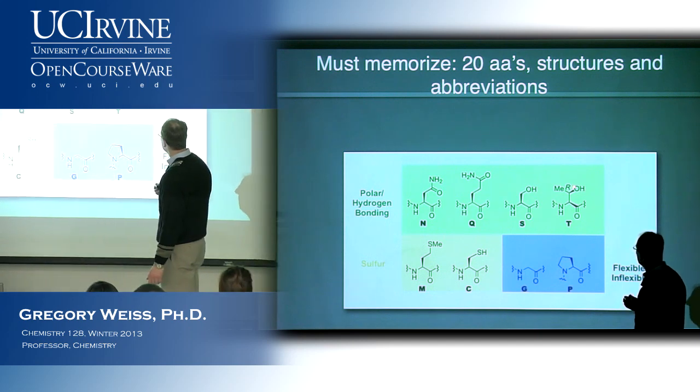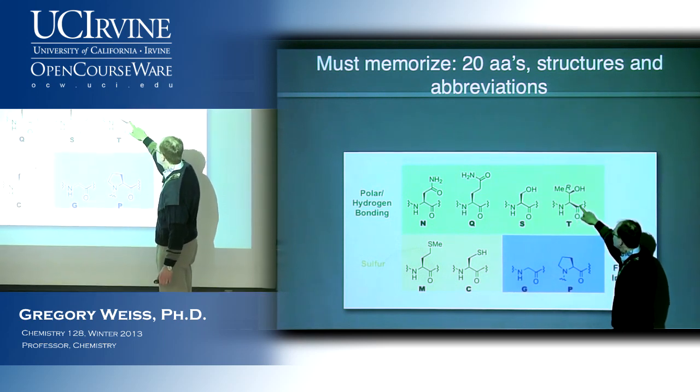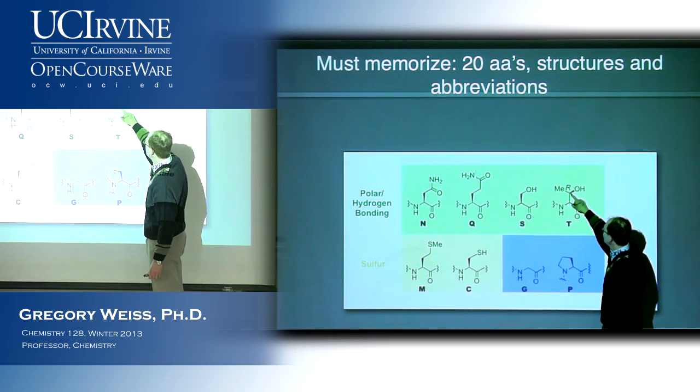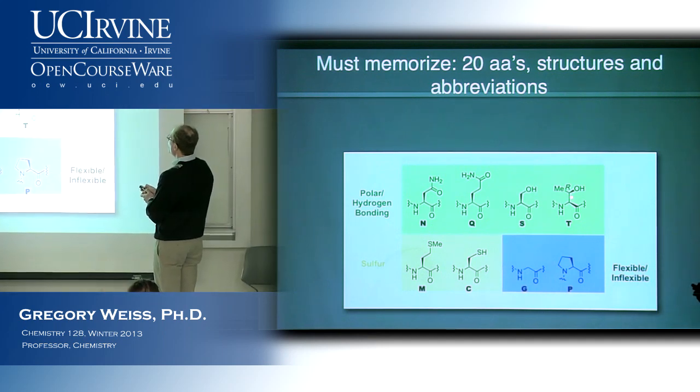Some of these, two of these in fact, have a second stereocenter at the beta carbon. Notice that we're going to be calling the carbon that's alpha to the carbonyl the alpha carbon. And then if you go alpha to beta, the second carbon away is called the beta carbon. And threonine has a second stereocenter at this beta carbon.